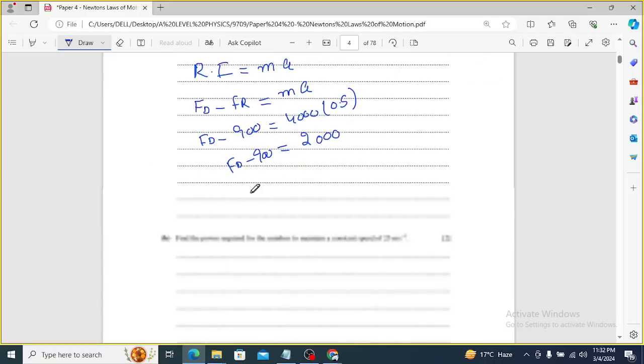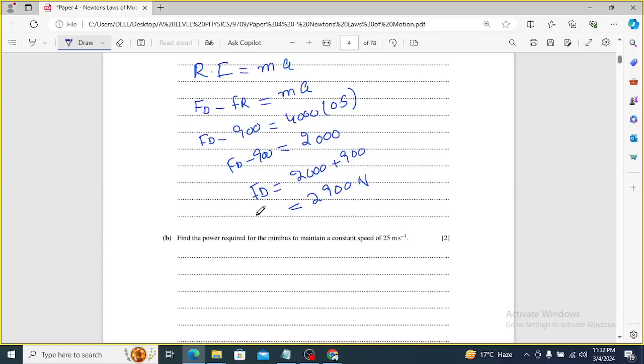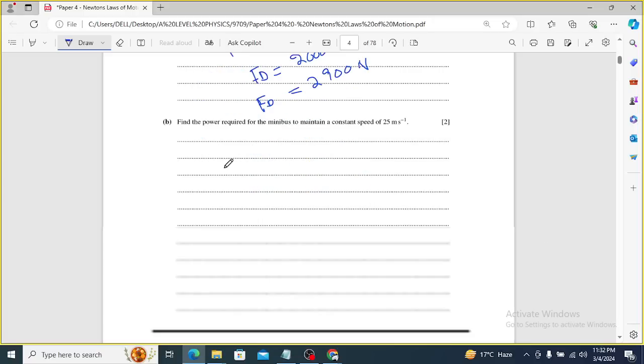Finally, the driving force will be equal to 2000 plus 900. It's 2900 Newton. This is the driving force of part 1. To question